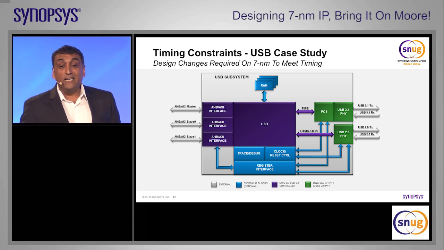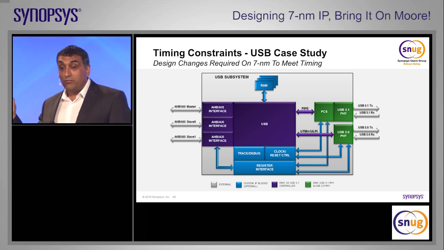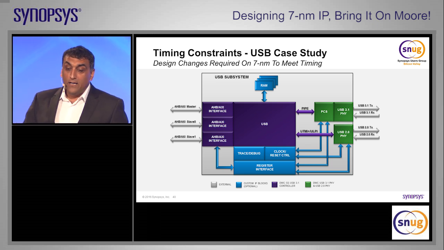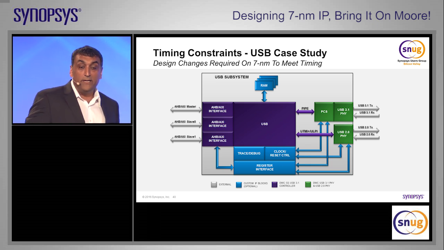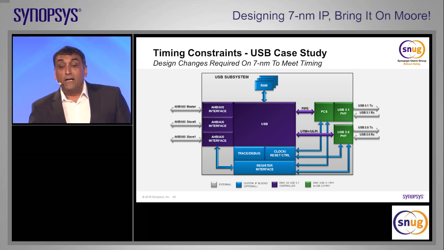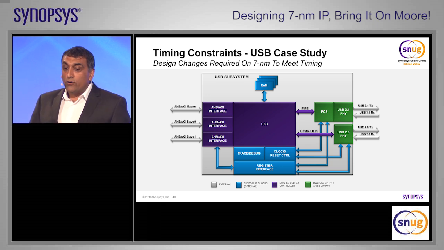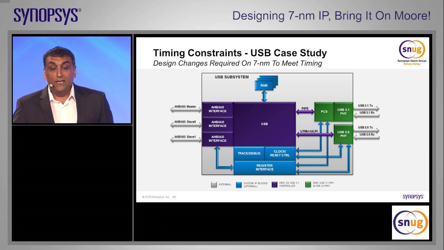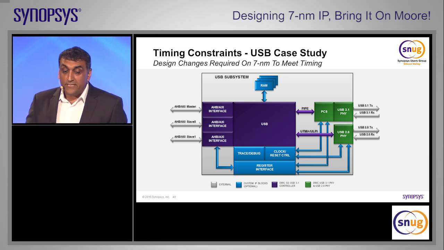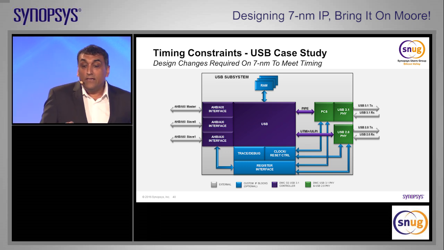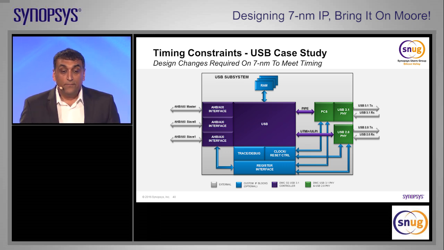So that's one issue on digital design. The second issue is really looking at timing constraints. Here I am actually giving you a real example that we're working on today in my company. We have a lot of USB IP development, and this is an example of a USB system with the PHY and the controller. In order to solve the problems with timing constraints, we did 3 things. We added ring buffers into the architecture of the PIPE interface. So you see the PIPE interface between the PHY and the controller. That helped in managing the timing constraints between the RX-TX paths and made it operate functionally. So that was one thing.